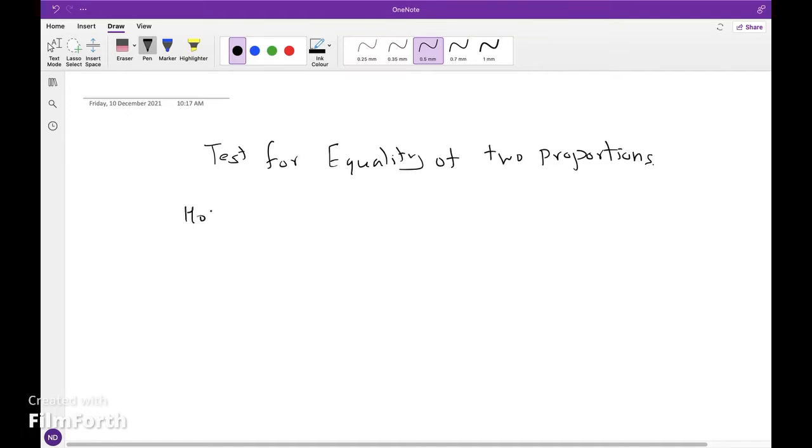Here the null hypothesis H0 is p1 equal to p2. The alternative hypothesis is p1 is not equal to p2. Two-tailed test. On the assumption that H0 is true, the sampling distribution of p1 minus p2 is approximately normal with mean 0 and standard error of p1 minus p2, that is square root of pq by